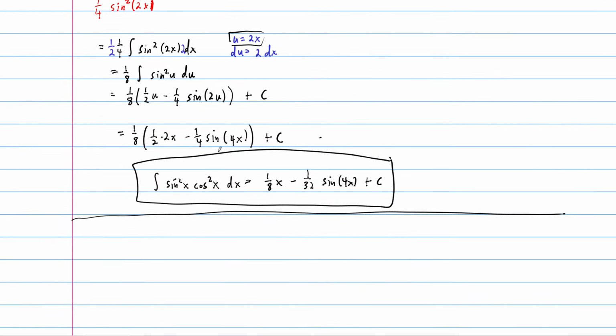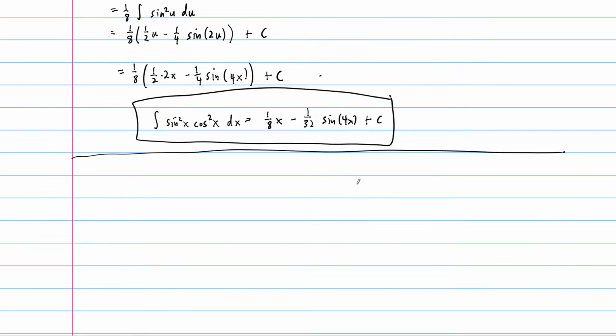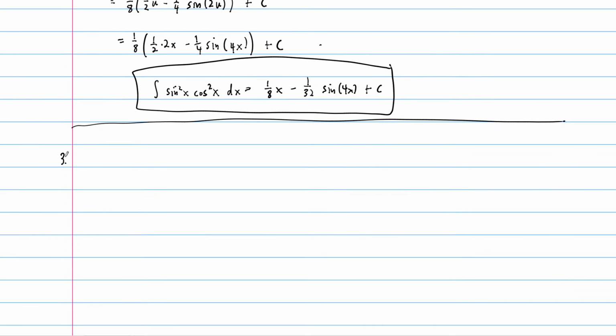So after carefully doing a trig sub, we end up with the integral of sine squared times cosine squared dx is 1/8 x minus 1/32 sine of 4x plus c. All right. Next example. I'm going to stick with the sine squared x, but this time I want to put